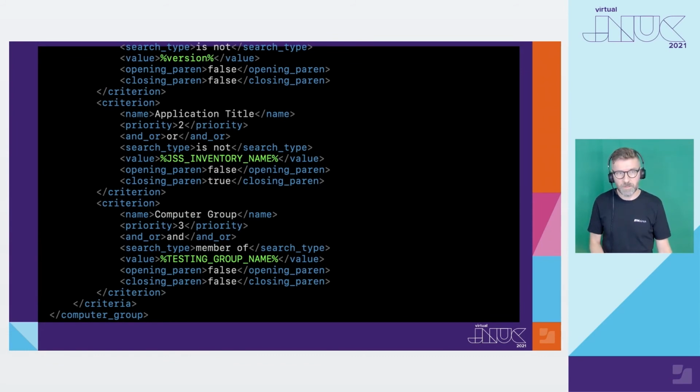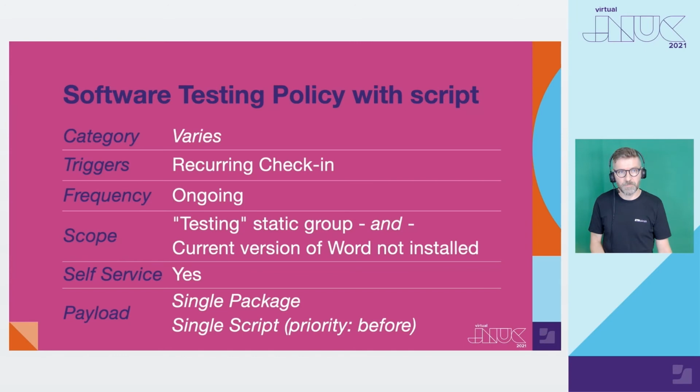Some recipes need a script to be added to the policy because some action is required before or after the installation of the app. For this, we need to change the recipe and the policy template. Let's take a look at such an example. For my Microsoft Office 365 recipe, I need a pre-install script.